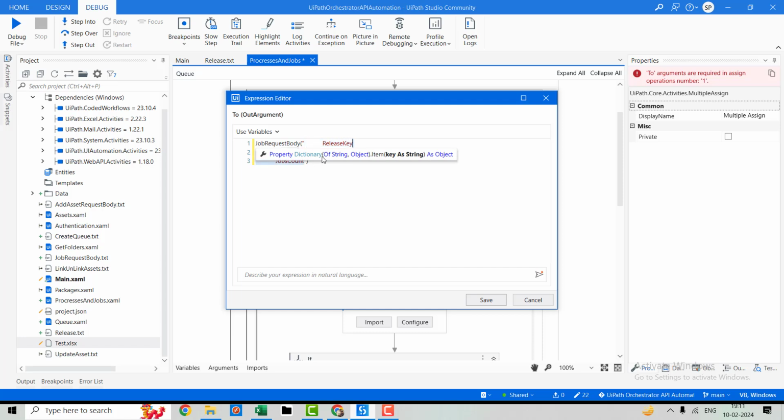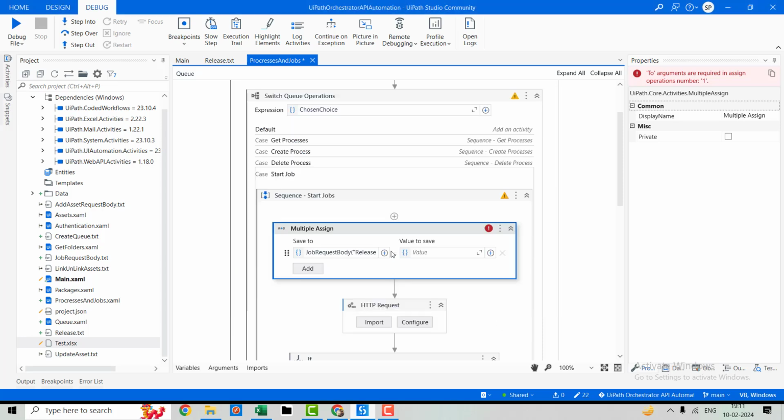We need this part. Let's remove the extra spaces, hit on save, click add,